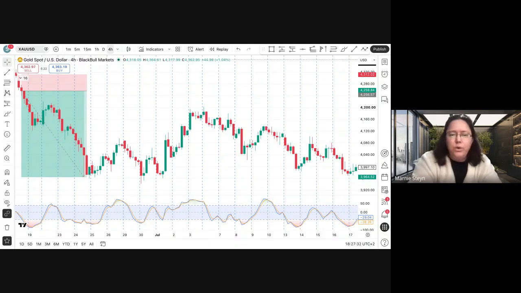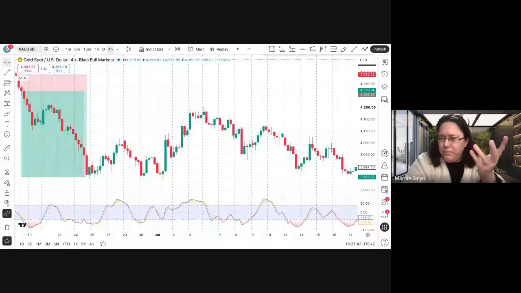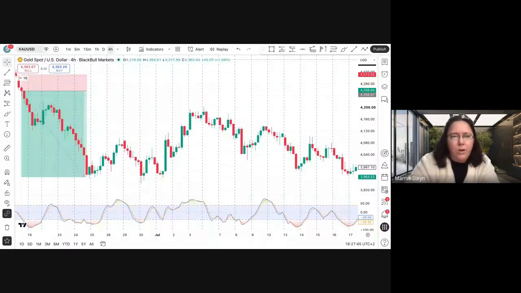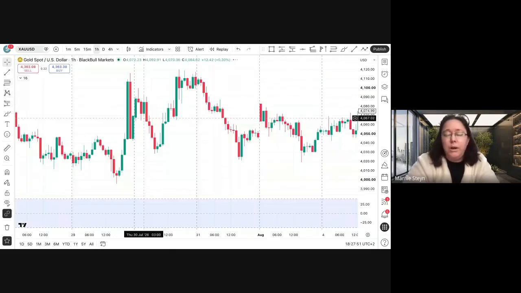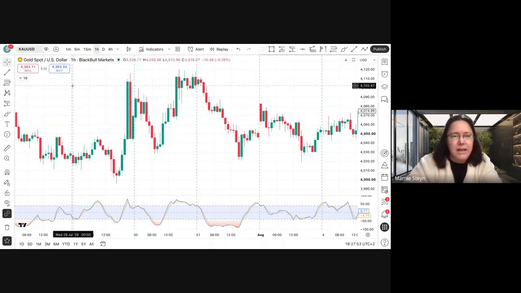Okay, so what are you looking for when it comes to the CRT model? You want to be looking at a much higher time frame: 4 hours, 1 hour. Normally, they use the 1 hour time frame for that, especially for intraday trading. So let's jump to the 4 hour and the 1 hour, and then I'm going to show you guys a